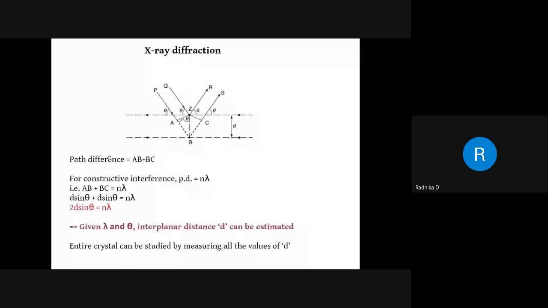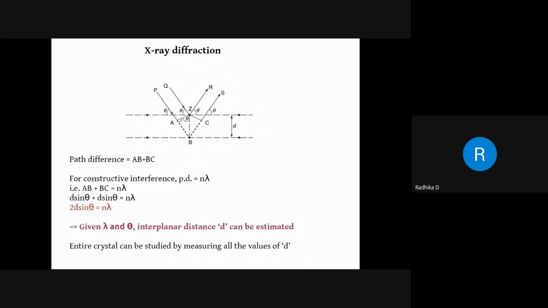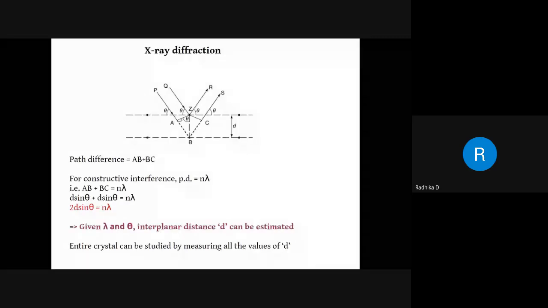Now, what is going to happen in this case? Here you have a diffracted ray, Z to R. Here also you have a diffracted ray which has gone in the direction of S. These two diffracted rays will interfere. Interference: when two or more rays which are monochromatic coincide, they can add up and result in a new wave, or they can get cancelled if they have a phase angle difference of 90 degrees.